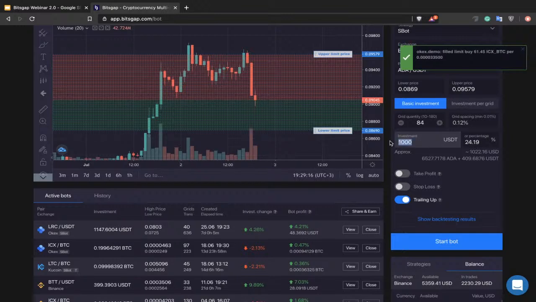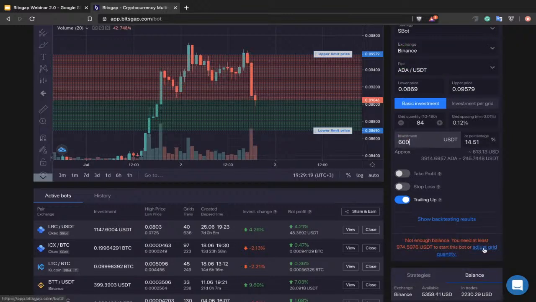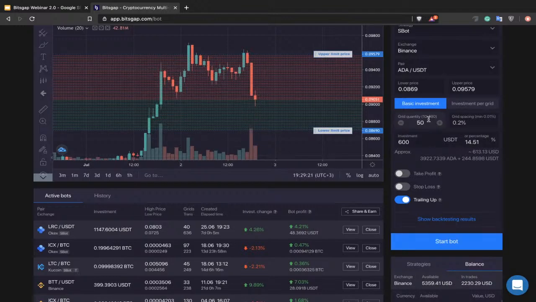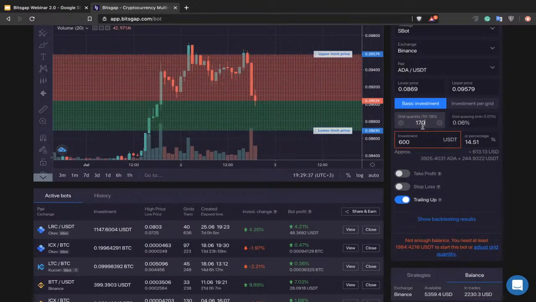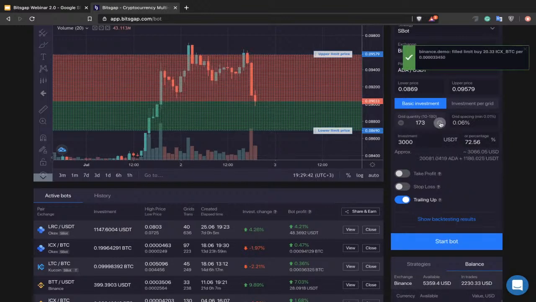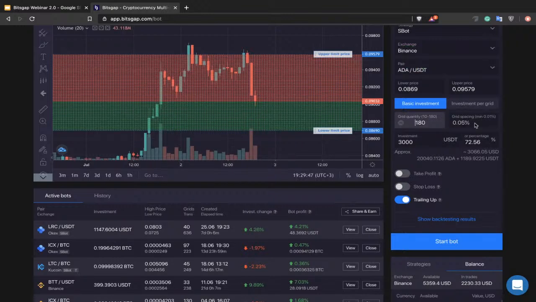Let's say I want to place 600. You see, I must now again adjust. So in this case, it's going to be 50. As simple as that. Let's just, in this example, execute the trade with as narrow spacing as possible. And let's allocate 3,000. Let's make it up to 180, which is the maximum. So in this case, for this trading range, my minimum grid spacing is 0.05%. So when I click on Start,